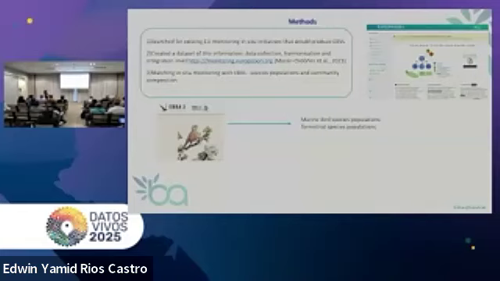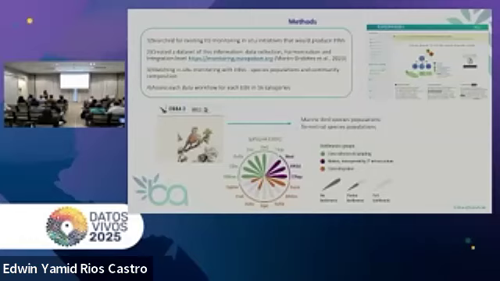Like monitor all the birds in Europe, basically. And we saw that this monitoring initiative can produce these marine bird species populations and the terrestrial species populations EBVs. But then it's like, okay, how easily can we get there? Is all the information there or not? So that's the way to evaluate where the bottlenecks are, what we are missing to reach that. We represent it by evaluating 16 categories.